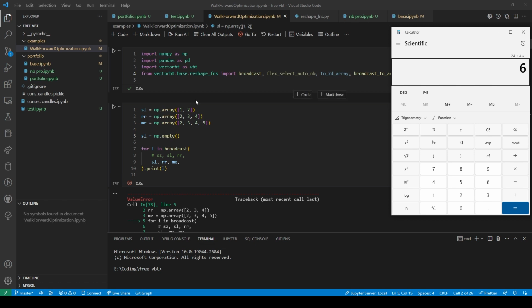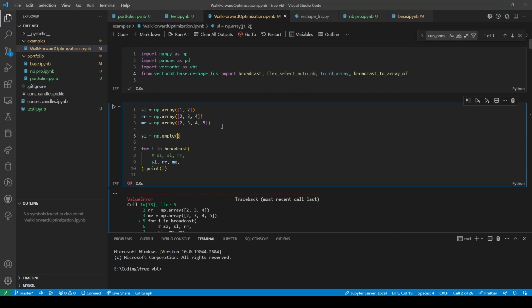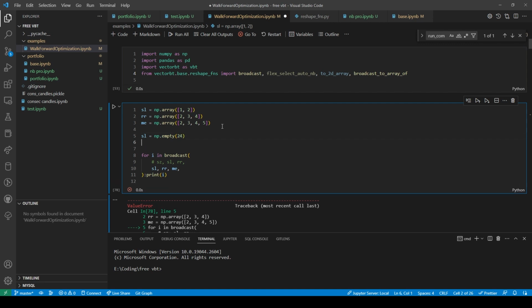So does that work out? So we would need 1, 2, 3, 4, 5, 6, 7, 8, 9, 10, 11, 12. So we need this as 24. Wait, how do I do this though? Let's just see if the math is correct here.